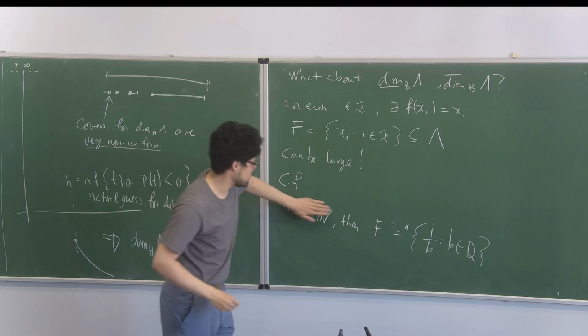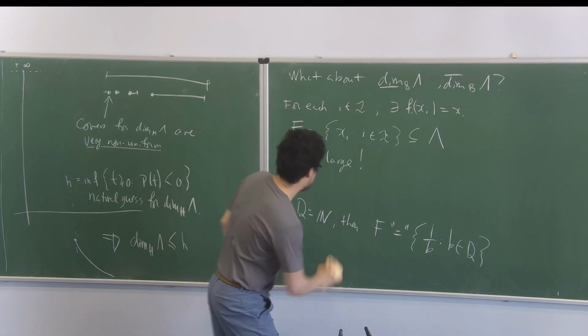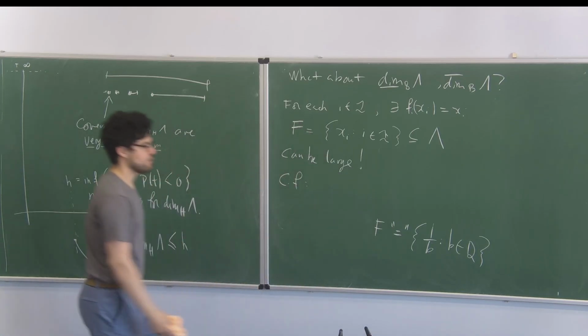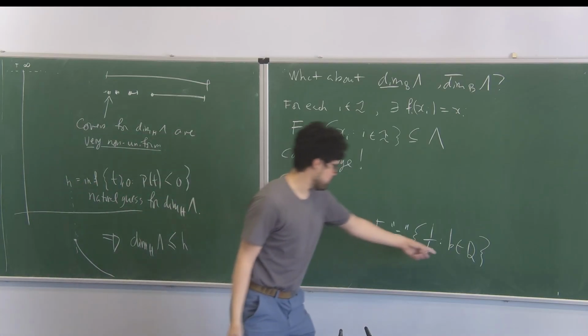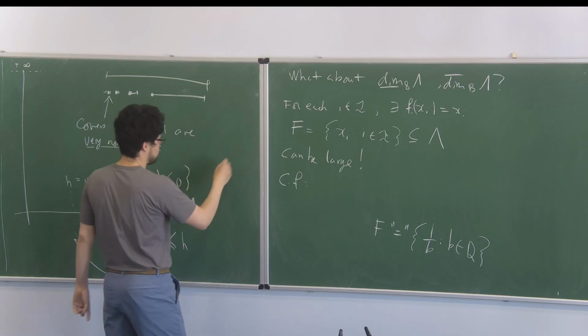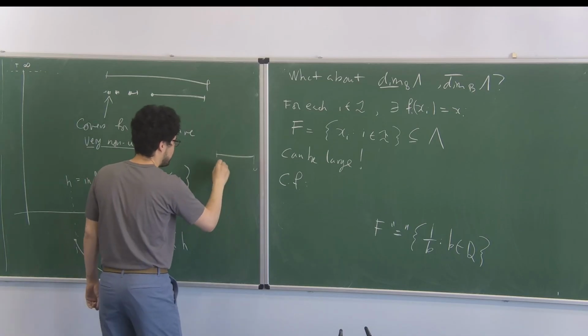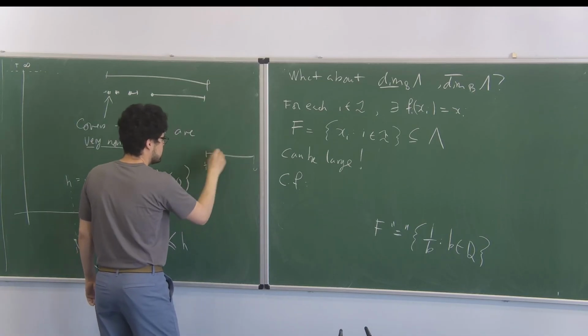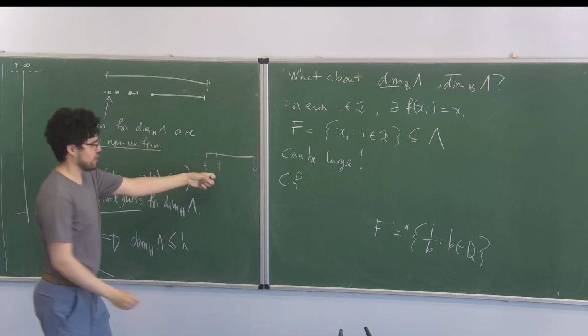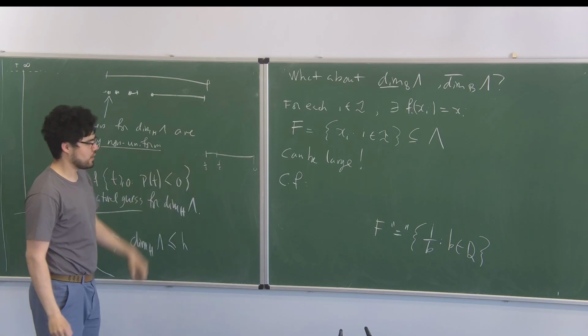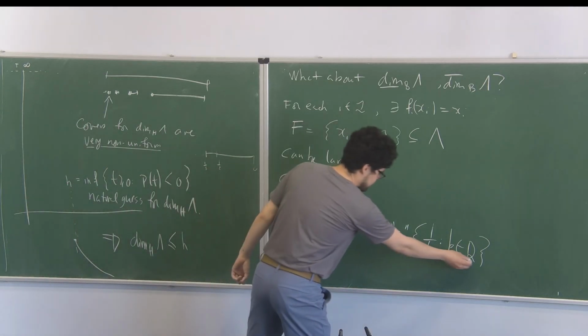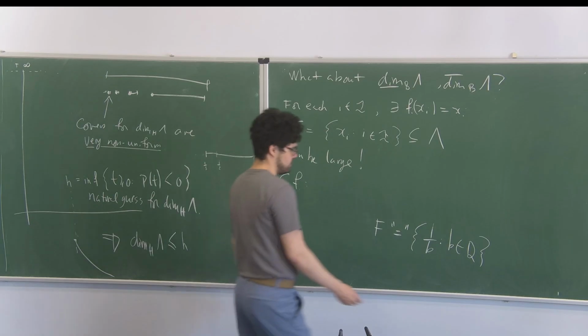So in the continued fraction case, the set F is precisely the set of all reciprocals. I mean, this is how we define it, right? We have the interval 0 to 1/2, and then to 1/3, etc. And this is like the set of all left endpoints, like 1/2 and then 1/3 and 1/4, right? So if D is everything,